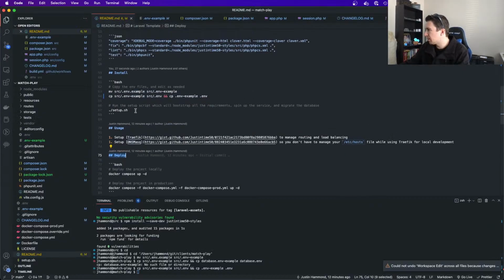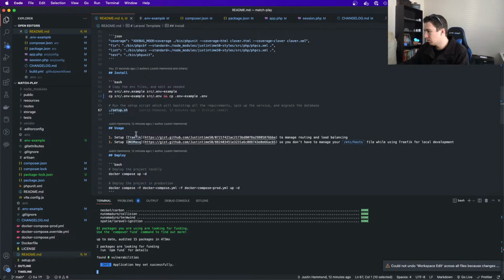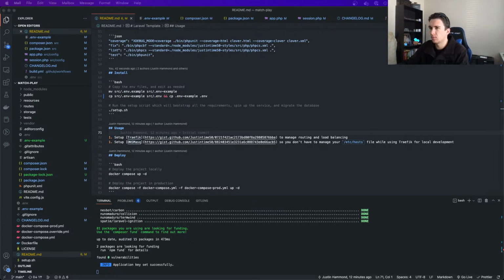Okay. So back to it, that's done, and now we can run the setup script, and in theory, this will spin it up for us. It'll install everything, set up the database, and we should be good to get going. It'll take a second here.